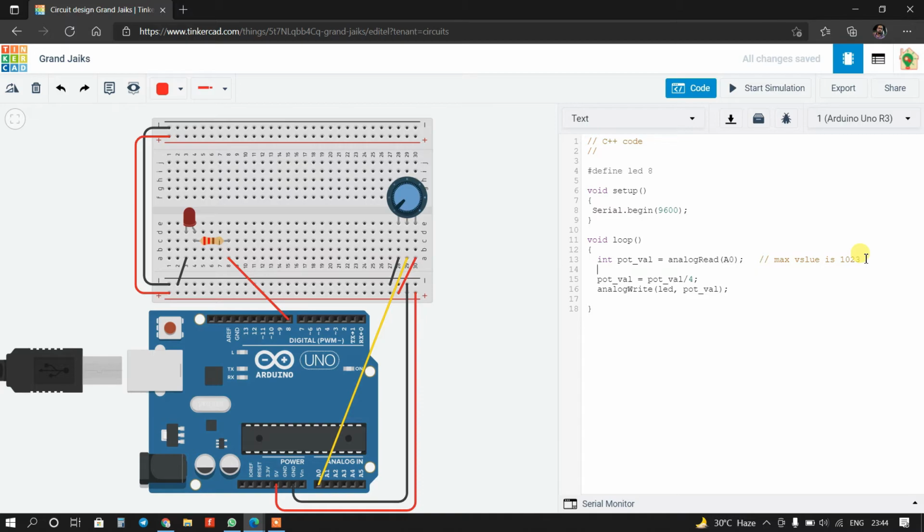So Serial.print, okay. Now I will print here space. So Serial.print, right, and now I will print again potentiometer value after dividing by 4.